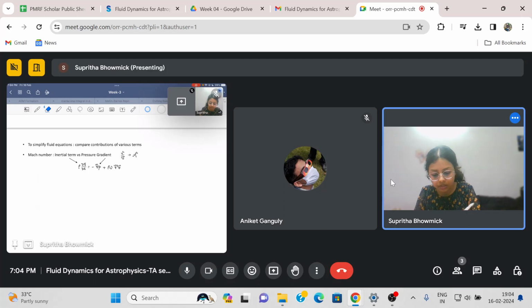All right. So what we will do is compare the inertial term, which is the term on the left-hand side, the response of the fluid, or rather the term which gives you the flow profile as a response to pressure, body forces, viscosity of the fluid, and so on. So the Mach number is the ratio of the inertial term and the pressure gradient term. And this turns out to be V squared by Ca squared. How does that happen? Well,